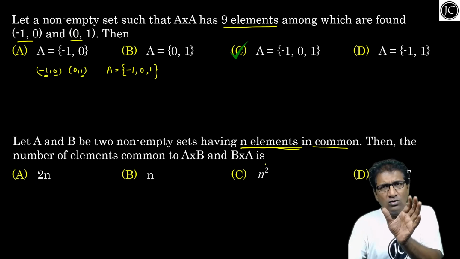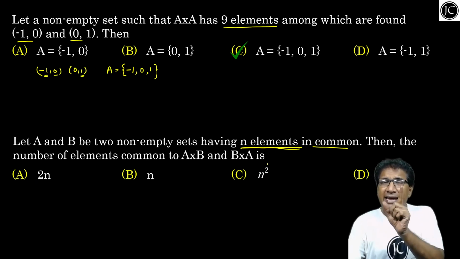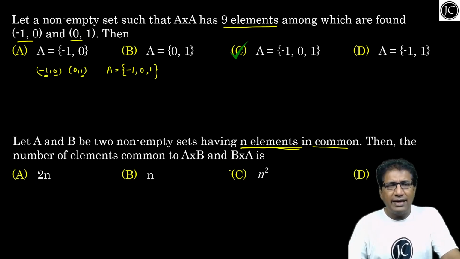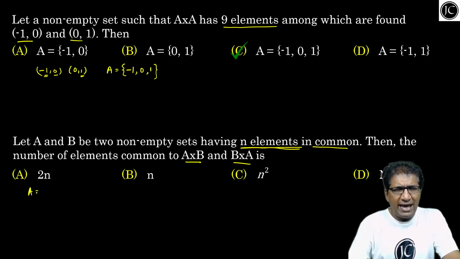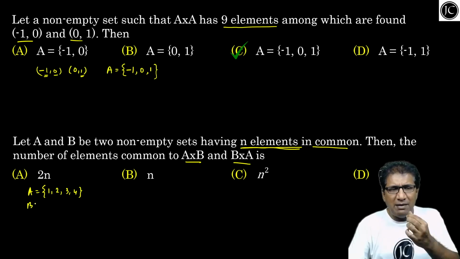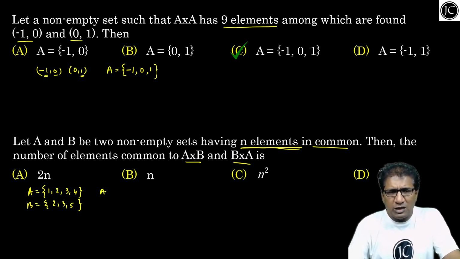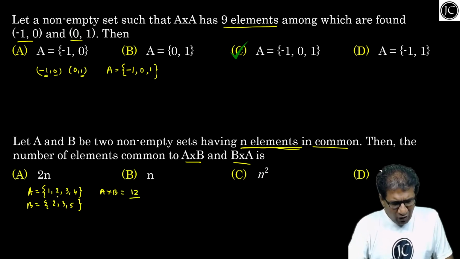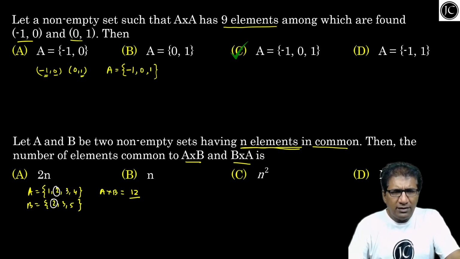A और B दोनों सेट हैं, नॉन एम्प्टी सेट, जिसमें n एलिमेंट्स कॉमन हैं। अभी बोल रहे हैं कि then the number of elements common in A cross B and B cross A। ओके, चलो बच्चों एक काम करते हैं, इसमें हम लोग एक स्पेसिफाइड एग्जाम्पल लेके समझा रहे हैं। मानो A is a set of elements 1, 2, 3, 4 and B is another set, let us say 2, 3, 5। ओके, मतलब देखो बच्चों, A cross B में एक्चुअली मेरा कितने नंबर ऑफ एलिमेंट्स रहेगा? 4 × 3 is 12।